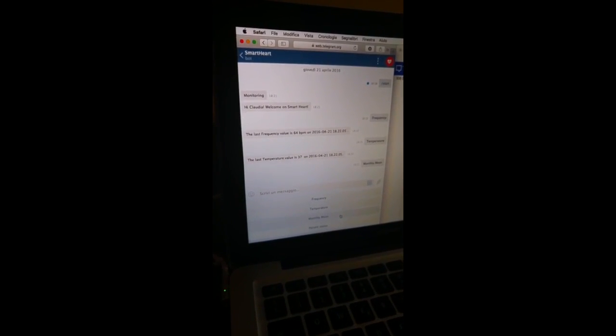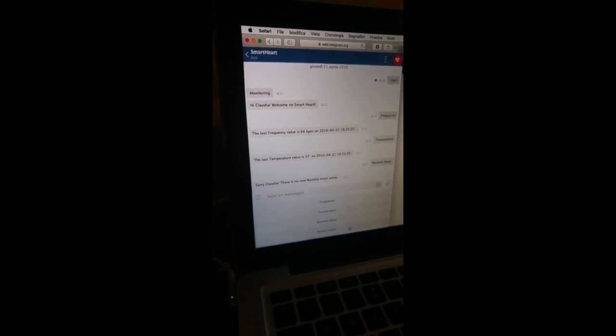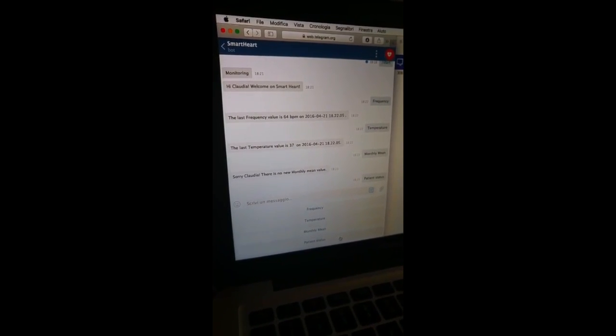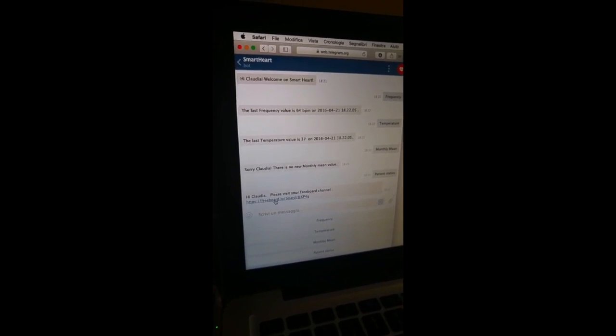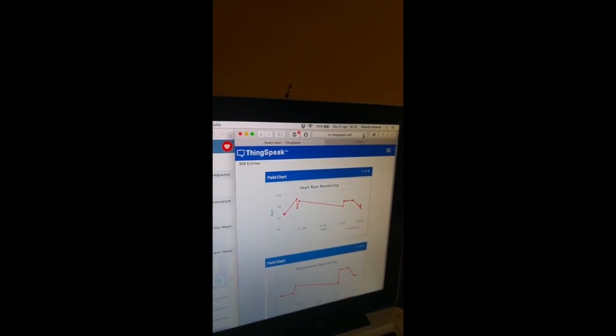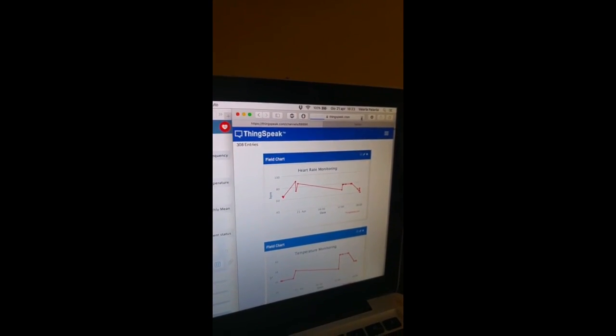By clicking on monthly mean, it gets our monthly mean, but actually we don't have one because a month is not passed. And by clicking on patient status, the program returns the link to our Freeboard page in which we have all the data. And on TeamSpeak, we have to refresh the page,